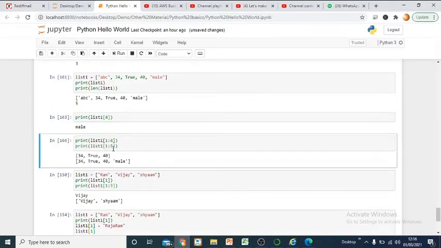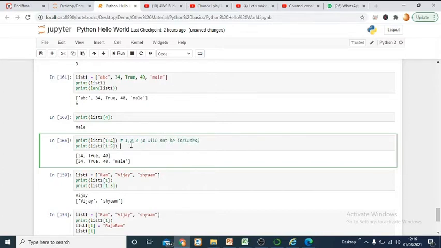If you mention 5 here, that means the 5th item. So this is the 0th item, 1st, 2nd, 3rd, 4th and 5th. If you are mentioning 5 here, 5 will not be considered. Whatever is mentioned at the end of the indexing, that element will not be considered when you run it. So here you mention 1 to 4, that means starting from 1 till 3, not 4. 4 will not be included, so it is going to give you output of 1, 2 and 3.